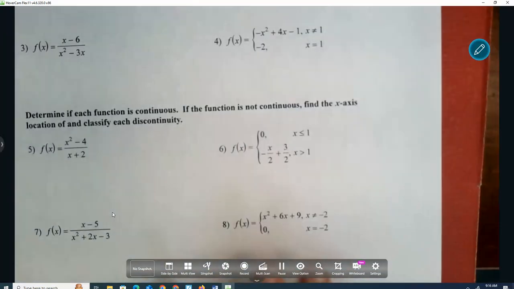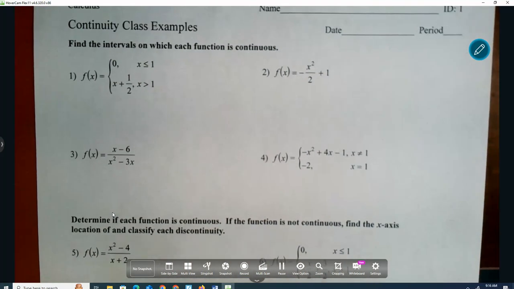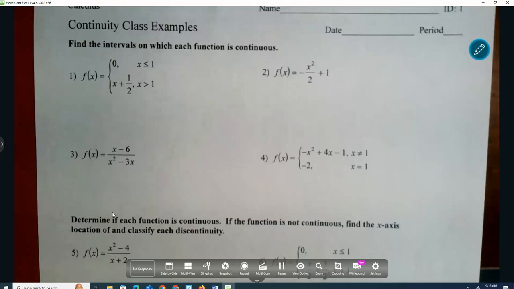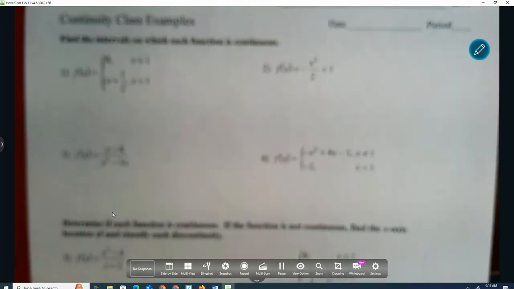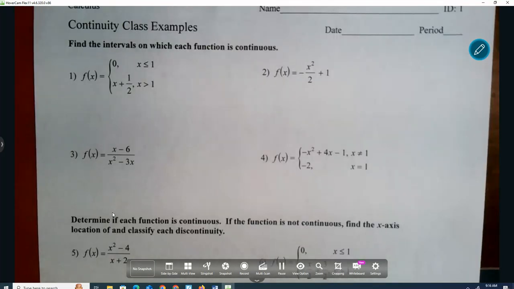So we're really focusing on what makes things continuous or not. We know with fractions, we are worried about the place where the denominator is 0. When I look at this first one,